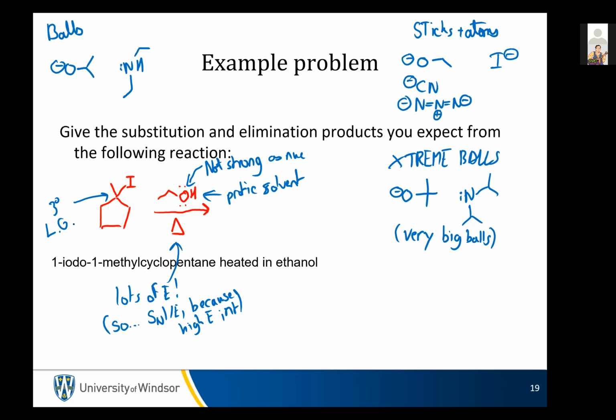We're going to abbreviate leaving group as LG. I think I've already done that. And we have a really great leaving group. This isn't like some sort of silly chlorine leaving group. This is iodine. This is the queen of leaving groups. Okay. Great leaving group, tertiary leaving group, not strong nucleophile, protic solvent, lots of energy,